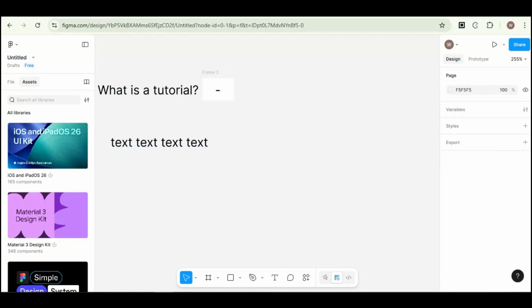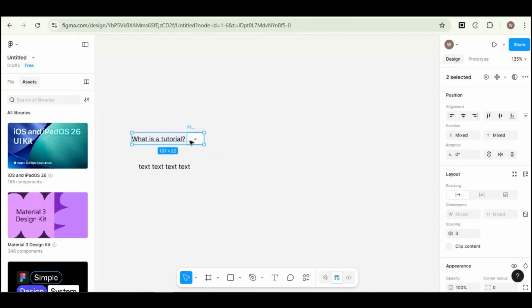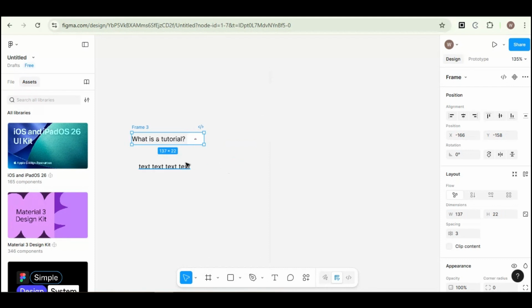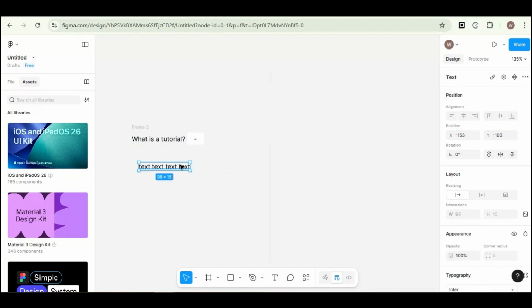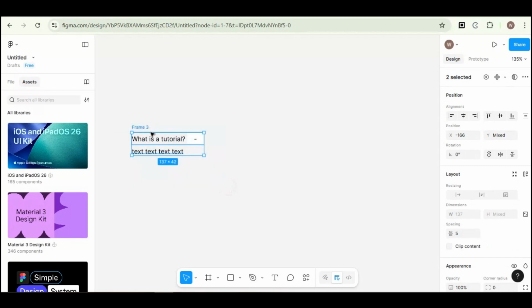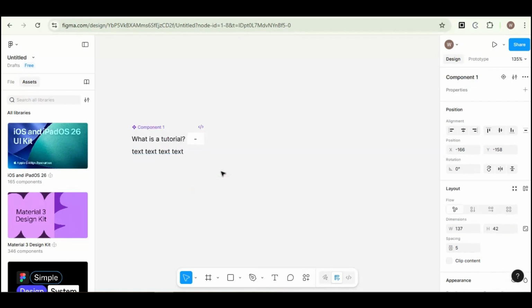Now, next step would be to select the question and our icon and make it a frame selection. And then we'll adjust our frame, or our text rather, and align it with our question. Now the three of these would be our component. So go to Actions, Create Component,